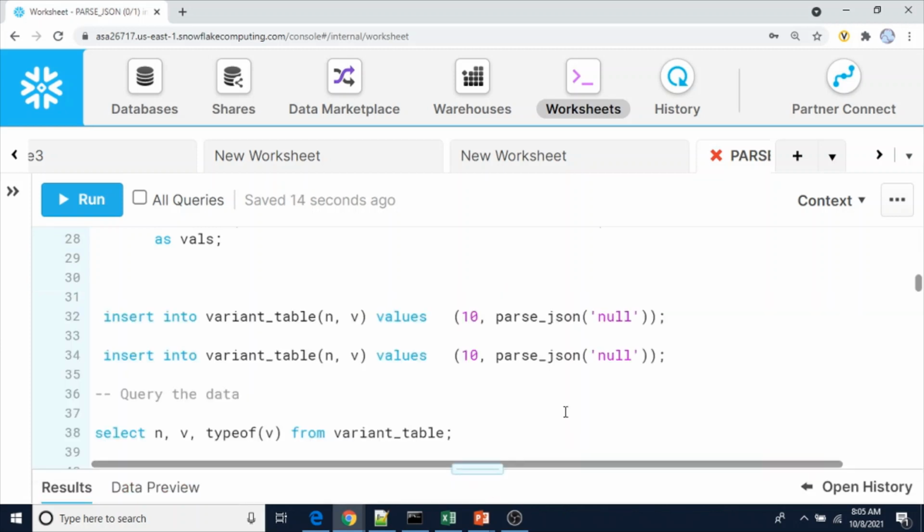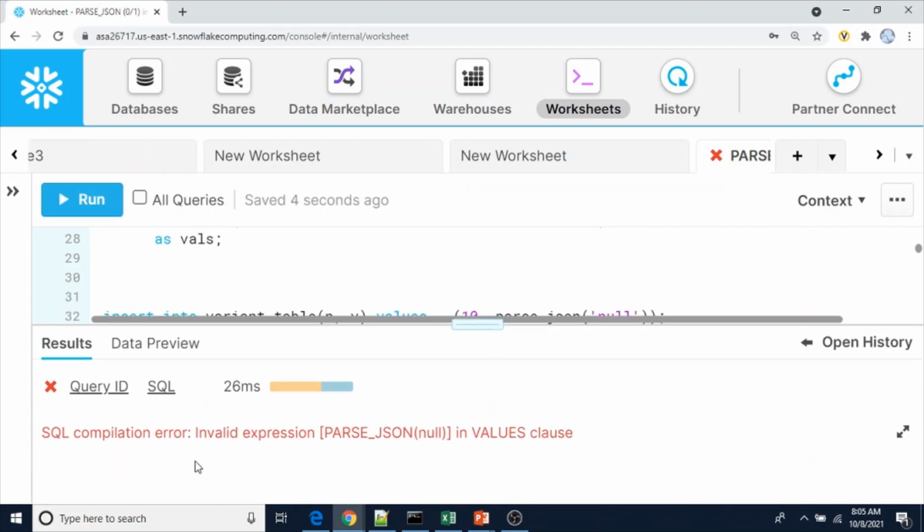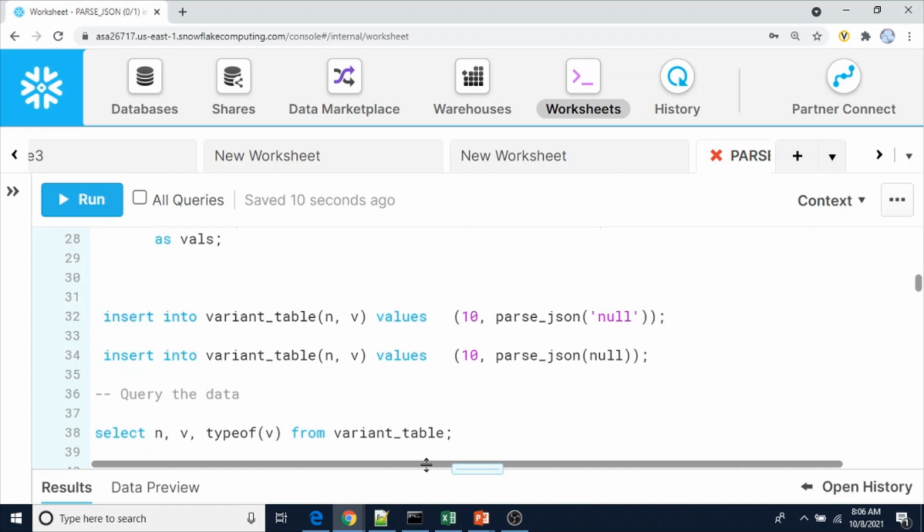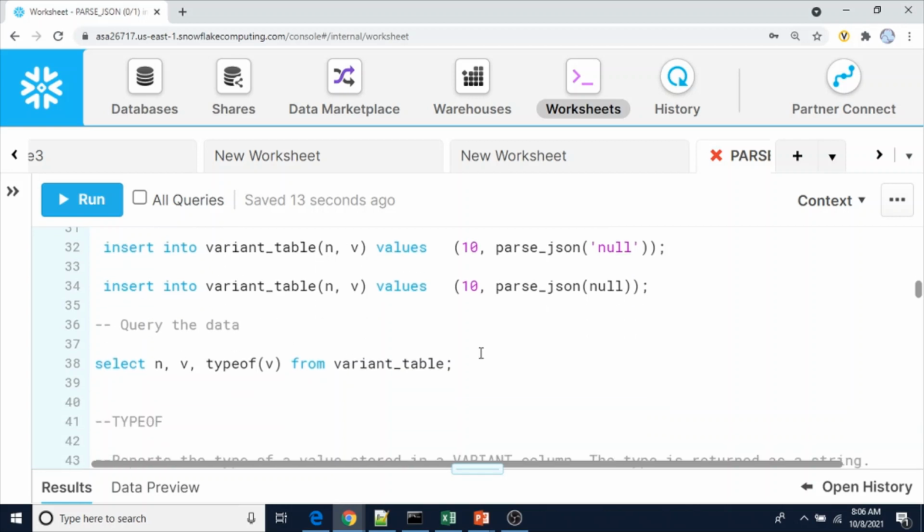So you cannot use it even without a string. Suppose you give the input as a null, in this case also it is the same. SQL compilation error, invalid expression parse_JSON null in values clause. So we cannot use the parse_JSON function directly as part of the values clause, that means directly as part of the insert statement.